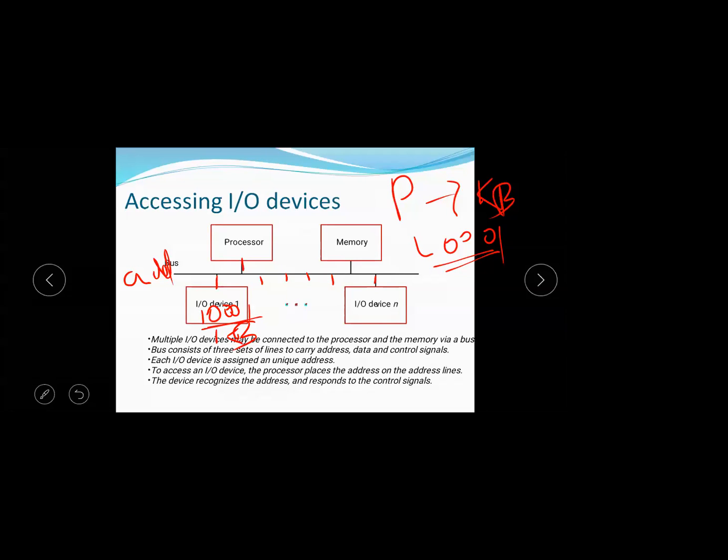Then a path is established between these two devices, that is, the processor and the keyboard, and the remaining devices are open circuited. The data is transmitted only to the keyboard device and received by the keyboard device, and the remaining devices are all